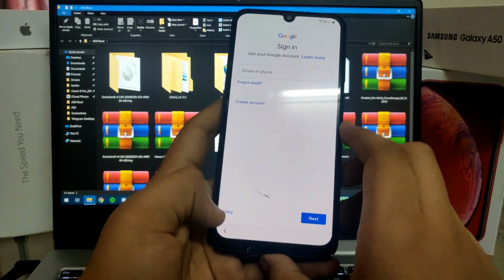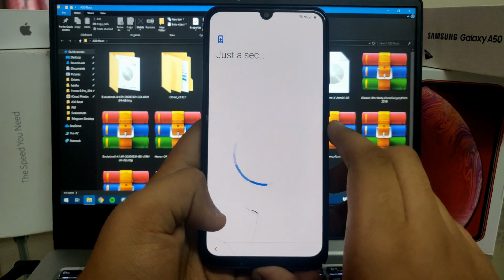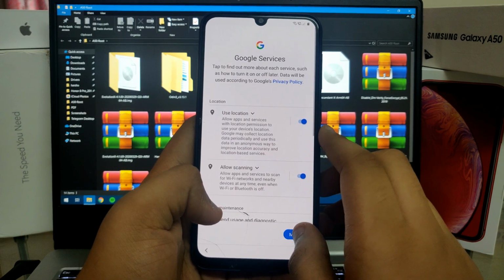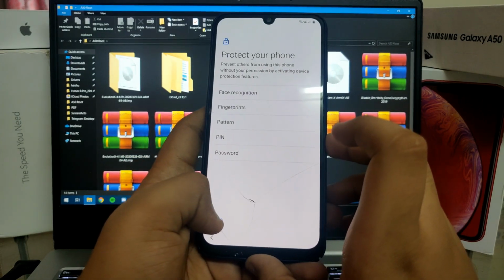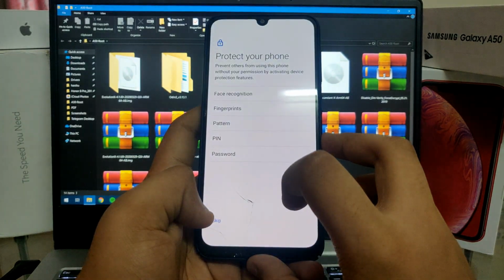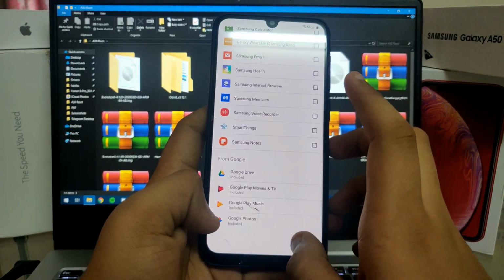It is asking for a Google account, so let me just skip this. You might accept these, that's a no-brainer. Skip. I don't want any of these apps, so okay.